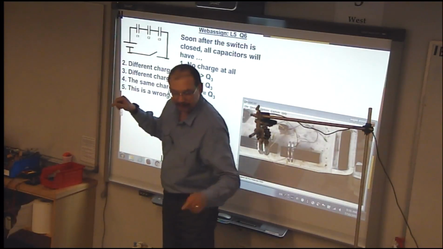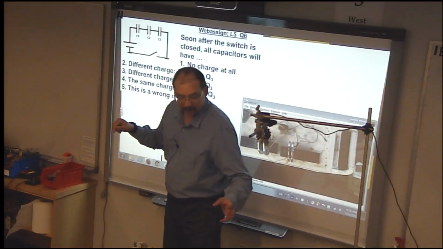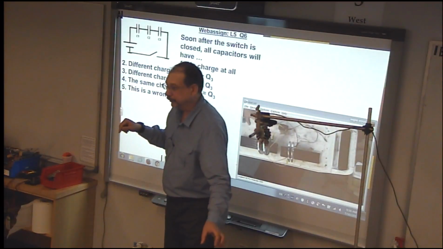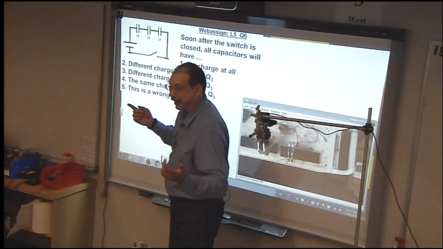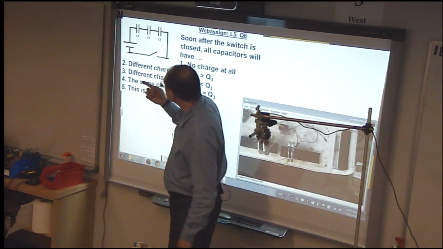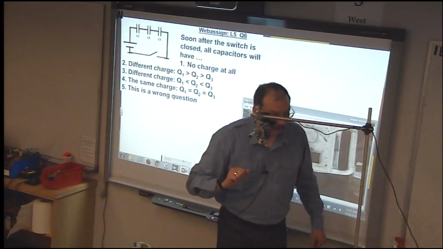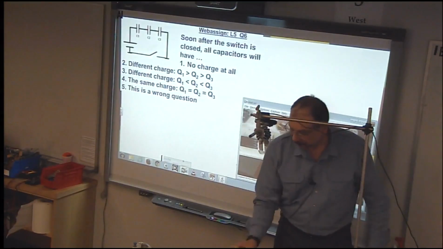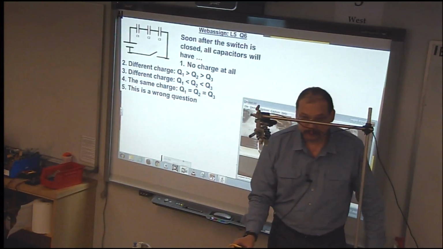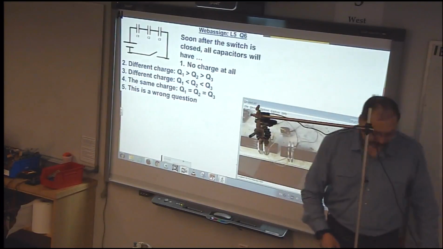Of course, in reality, they cannot jump across unless we apply a very, very high voltage. In that case, it actually could make a spark. But until then, when I close the switch, what should start happening? Electrons should start moving, because this element works like a pump. And if the switch is closed,